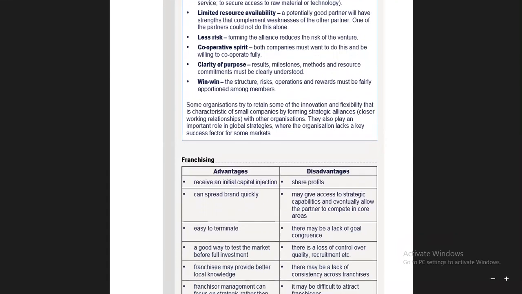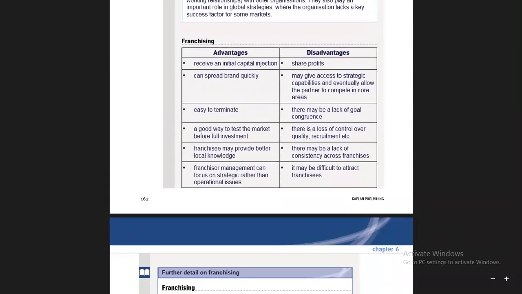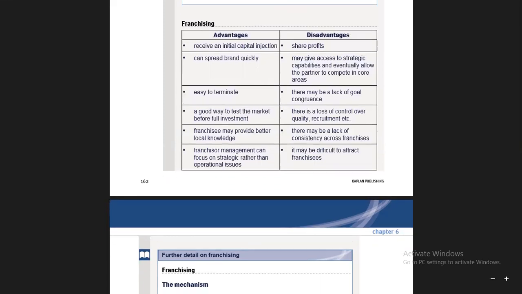Now the next way you can go for strategic development is called franchising. Franchising means that we are using a brand name, and we will purchase that name because it has already developed so much goodwill in the market that we will cash in on that name. That is called franchising. For example, Starbucks. We will get that franchise and open a Starbucks, which is already a known brand all over the world. So this is called franchising, and by this way organizations can grow.